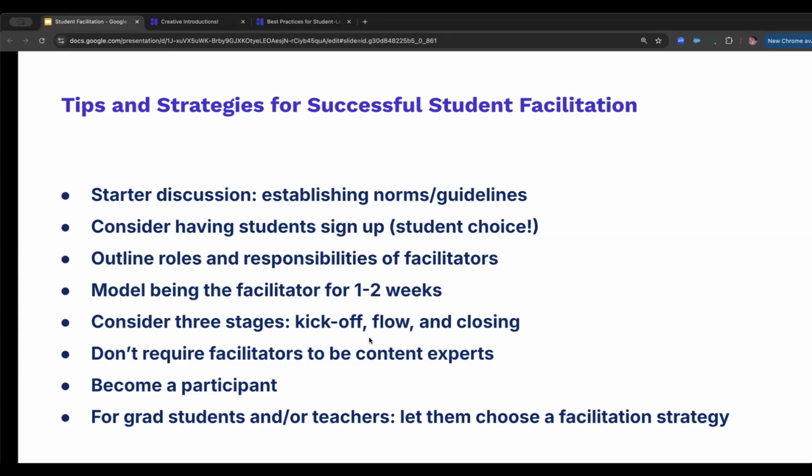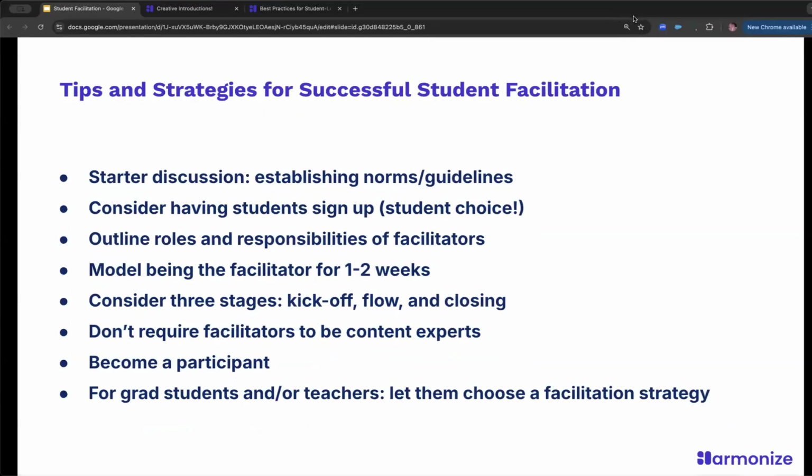This just goes to, if you're really doing this in a way to train folks to be facilitators, whether they're grad students or teachers in training, you can consider being a little less prescriptive with what they're going to do as facilitators and let them choose a facilitation strategy. I think this is especially true for pre-service teachers, because they're familiar maybe with different facilitation strategies, and letting them